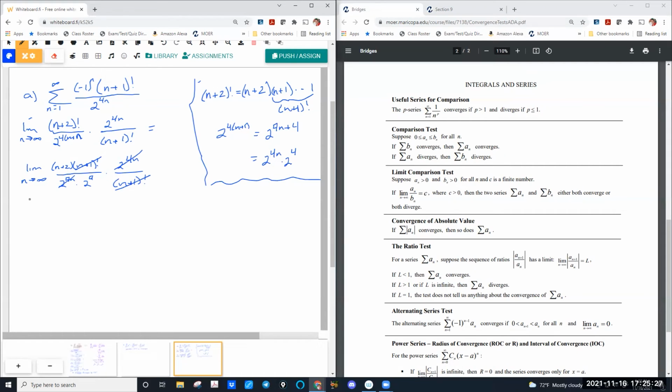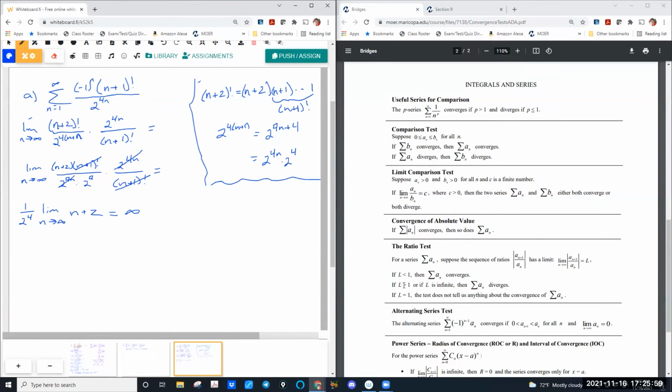Now, anything that's constant, I like to take out of the limit, which is this 2 to the 4. So I'm going to put 1 over 2 to the 4, or 1/16. Either way you write it, it's fine. Limit as n goes to infinity. And all we have left that depends on n is n plus 2. The constant is not going to make a difference in this. As n goes to infinity, n plus 2 goes to infinity.